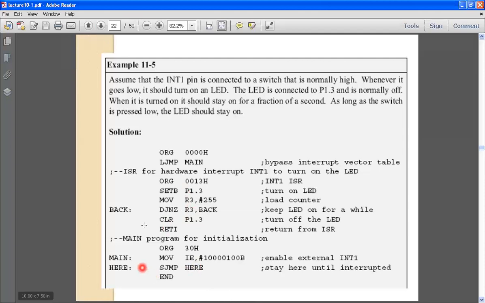Like when the interrupt comes again, okay, again the LED status is high, turn on for a fraction of a second, then clear the status of LED. Again, return to its main program. So it comes here, it checks continuously. So through this process only, here we are utilizing the external hardware interrupt task, and simultaneously we are turning on the LED also. So this is all about the low level trigger using external hardware interrupt.